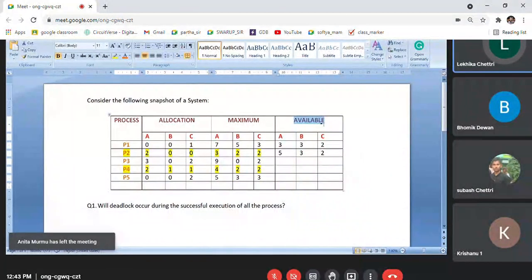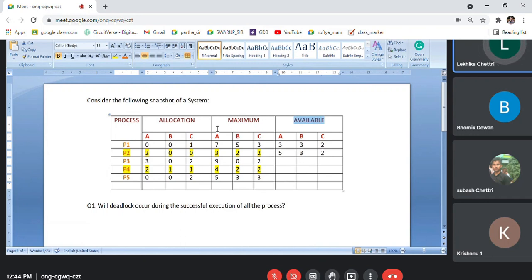This available algorithm will find the list of all the resources that are available, and then every time a process is submitted, it will have to ask the process how many resources it has with it. That means how many resources it holds right now. So P1 will say I have 0 copies of A, 0 copies of B, and 1 copy of C. So you'll have to run the allocation algorithm, wherein P1 will have to submit all the resource related information it has.